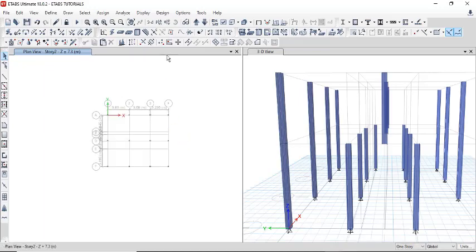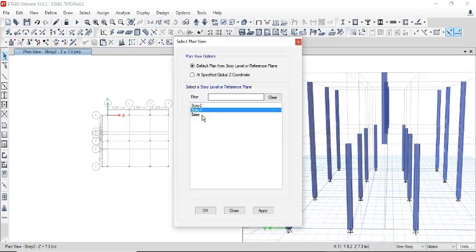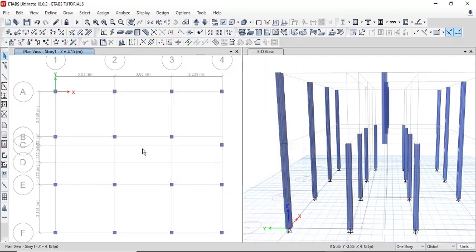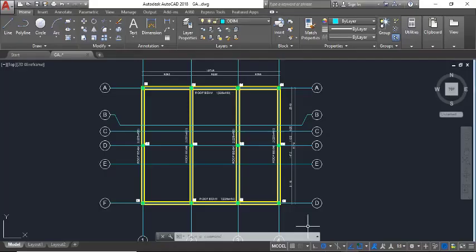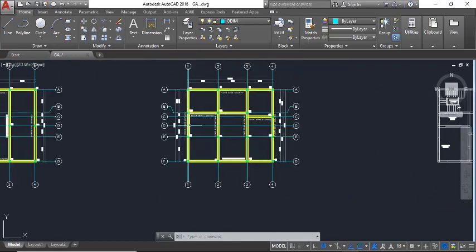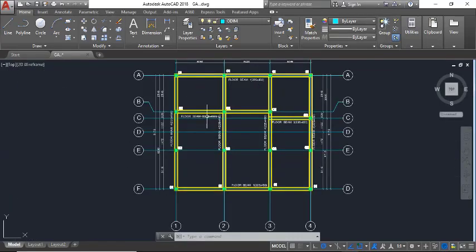So what we have to do now is, let's go back to our story 1, and that is where we are going to start the modeling of our beam, story 1. So make sure it is selected, click apply, click OK or close. Let's go back to AutoCAD drawing. So in the AutoCAD drawing, we are going to load the beams, arrange it this way, the way it is here. Please be very, very careful while modeling your beams. Make it look as the way it is presented from the general arrangement.